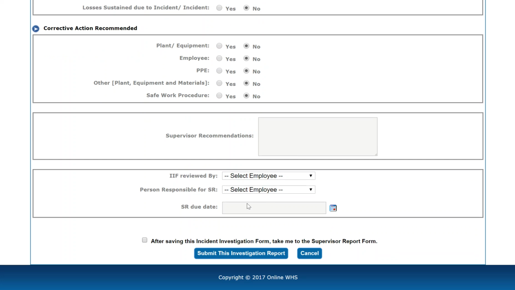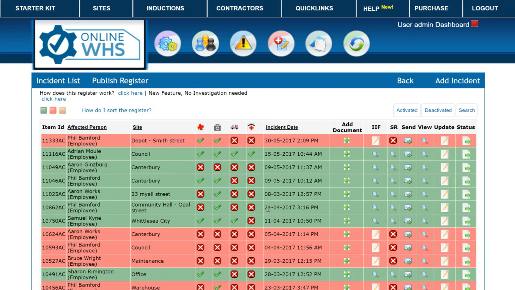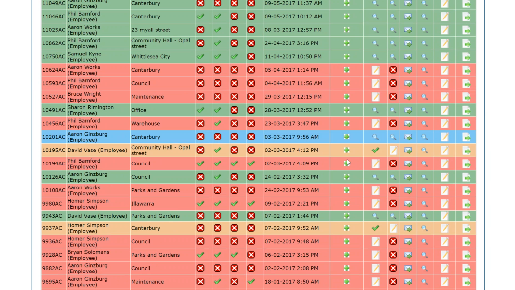Again, come down here, the person responsible for developing the control measures or the corrective actions will be determined later this year when you set that procedure builder, but at the moment you would set that yourself. Once that's done, it will go orange inside the system,